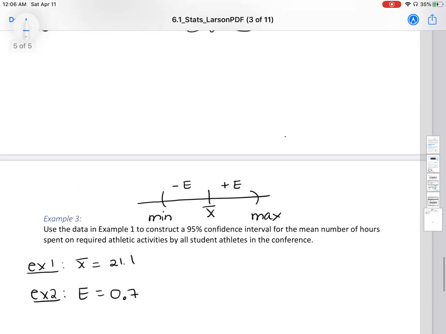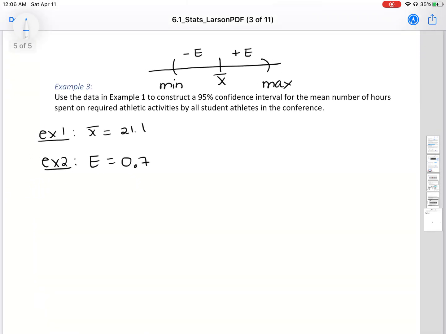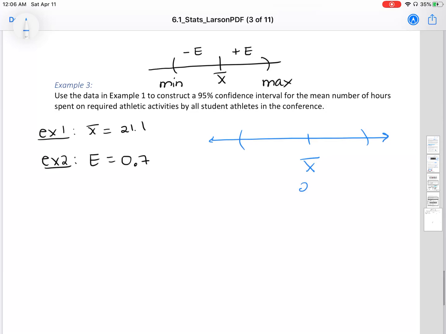You can use the formula if you'd like. I like the picture. It seems to make more sense to me. So I'm going to draw that picture. I have that mean, which is 21.1, and I'm going to subtract E, right? So I have 21.1 minus E, which is 0.7,